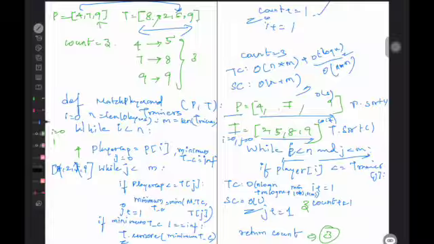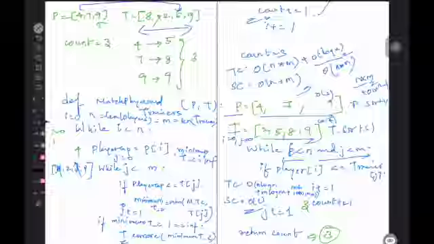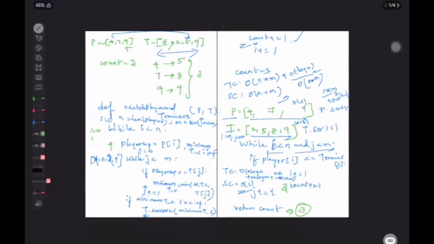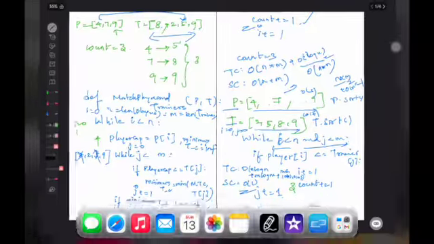I hope you guys would have got some good understanding of how it works, why we are going for sorting, so that we can avoid order of n cross m plus order of n square. Instead of that, we'll be solving it in order of n log n plus m log m plus order of n. I hope this makes sense. Let's look into the solution.